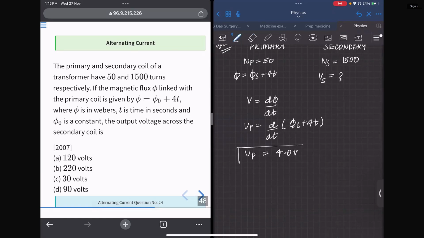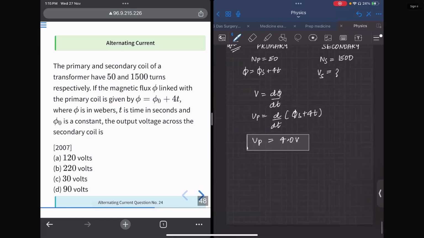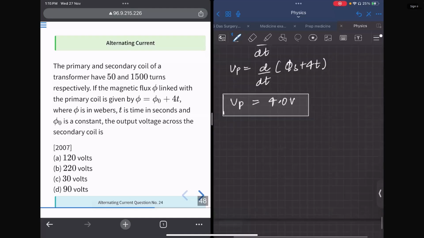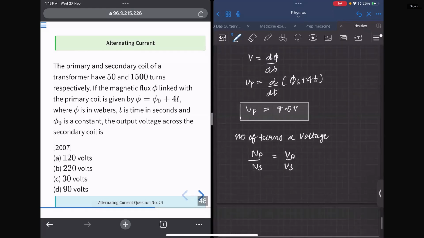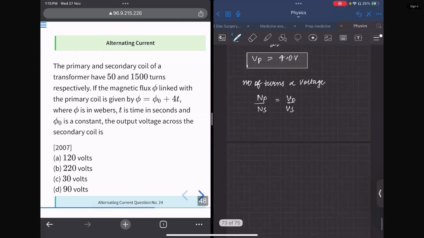So Vp we have calculated as what? 4 volt. Okay. Now we need to calculate out Vs. So they have given us the ratio of number of turns. So this is an important formula right here, that number of turns is actually proportional to the voltage. Okay. So Np by Ns is equal to Vp by Vs. Np they have given as what? Primary they have 50 turns and secondary they have 1500. So 50 by 1500